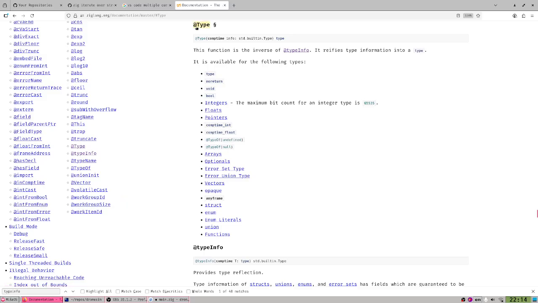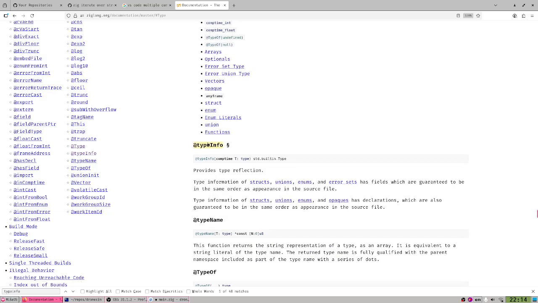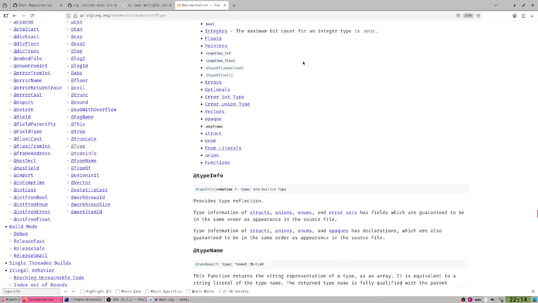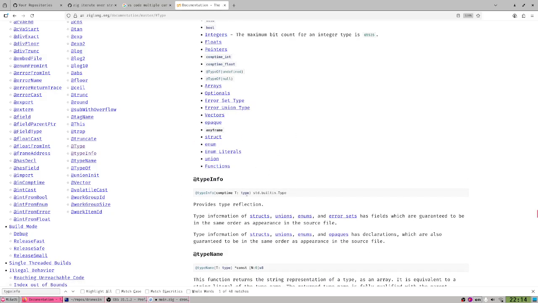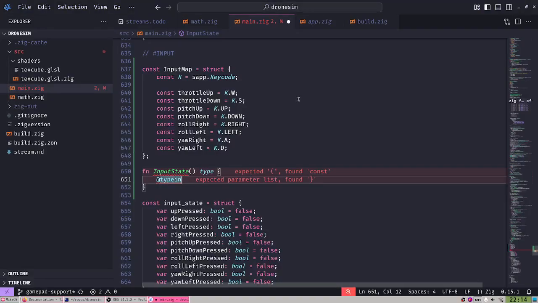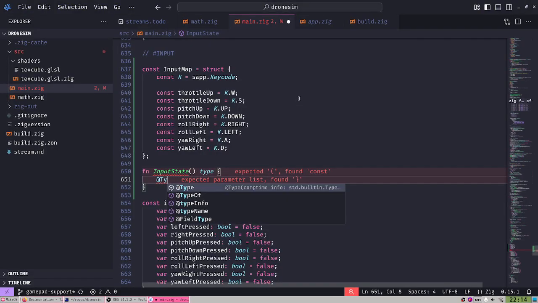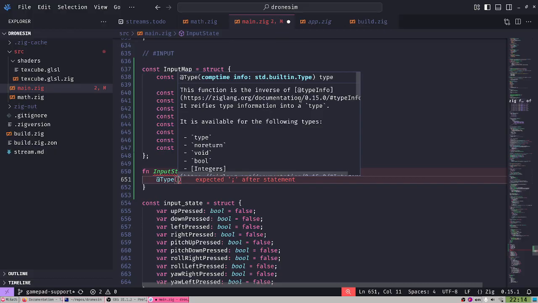But I actually want to create a type. This function is the inverse of type info. It reifies, I don't know how you read this, type information into a type. It is available for the following types. Yeah, and we are actually going to create a struct. So here it is. So how do you create a struct? Type info, type info. I think you say type, and then the info should be, this function is the inverse of,